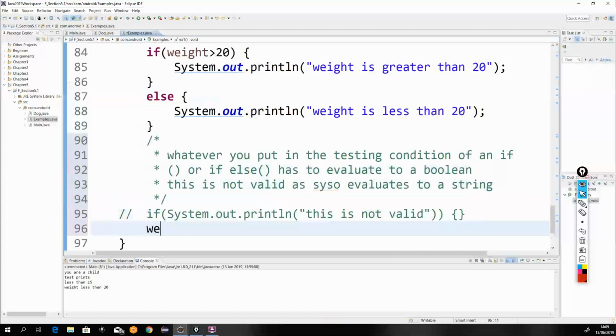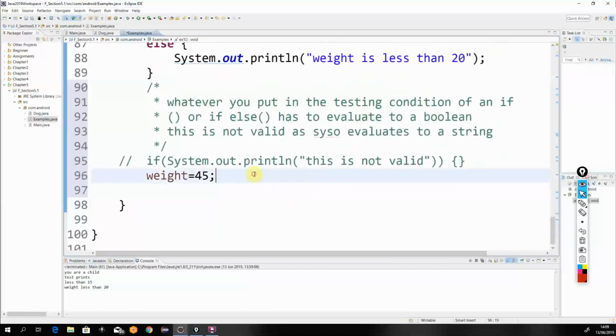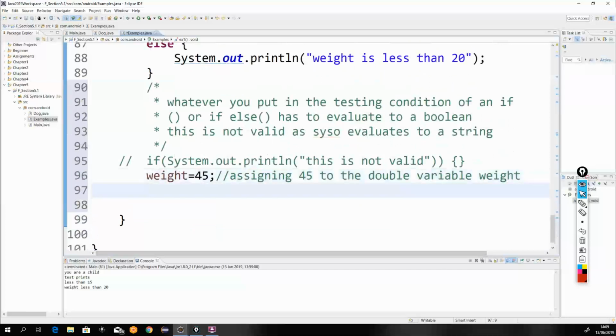Down. So I'm gonna put weight is equal to 45. Okay. Now, so I'm just assigning 45 to the double variable weight. I'm saying this for a reason. Okay. Now, if I do this,